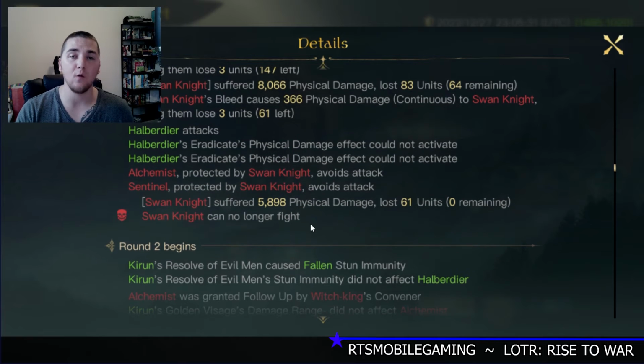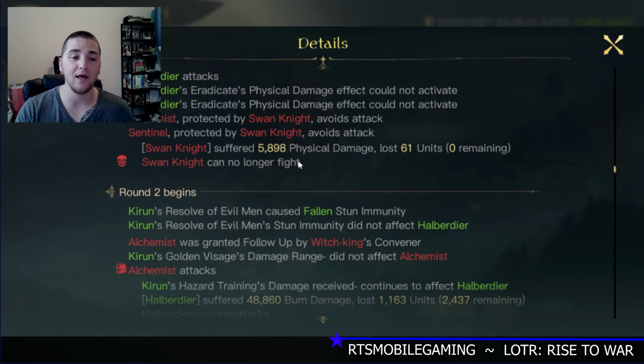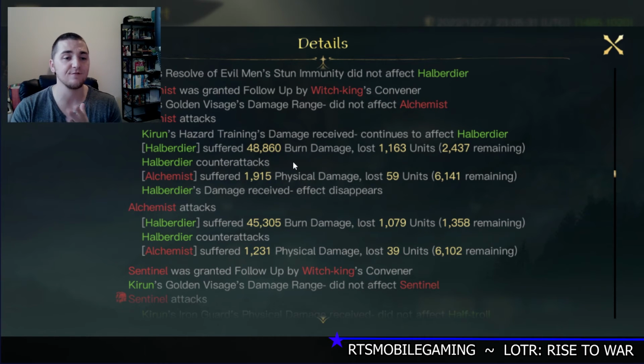Okay, the Swan Knights are down at the end of round 1, guys. Going into round 2, I will be hitting the enemy units. This is actually really key. I'm so glad I killed those Swan Knights in round 1. That is a big deal. I really did a lot of damage. I love that. Going into round 2, oh my goodness, the Alchemists punched my Halberdiers in the face for